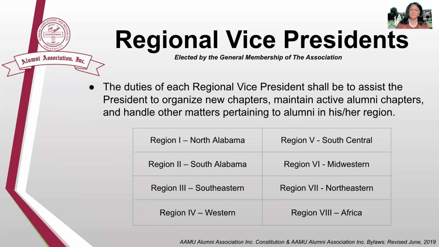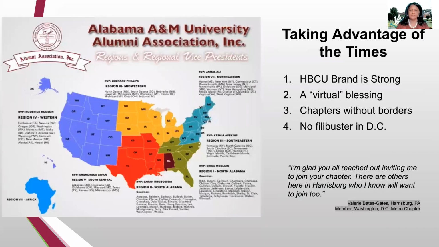Of the 8 regions, we have 7 directors, vice presidents. Region 1 is Erica McLean. Region 2 is Sarah Rabowski. Region 3 is run by Keisha Atkins, and also includes the Virgin Islands, Puerto Rico, the Caribbean, and Bermuda. Region 4 is Roderick Hudson, which includes Alaska and Hawaii. Region 5 is Chandrika Gavan. Region 6